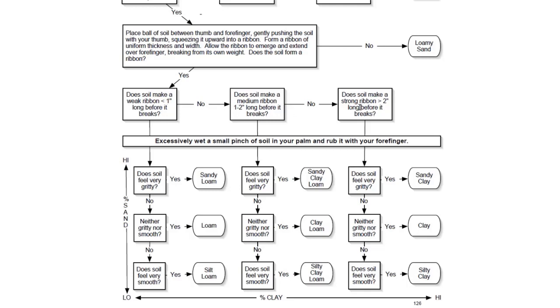Is it 1 to 2 inches? Or is it greater than 2 inches? So before it breaks off, and this is between your thumb and your forefinger, you're rolling it off. So if it makes a weak ribbon before it breaks, then we go down here and we add a little bit more, we can rub with the forefinger, and then basically we ask